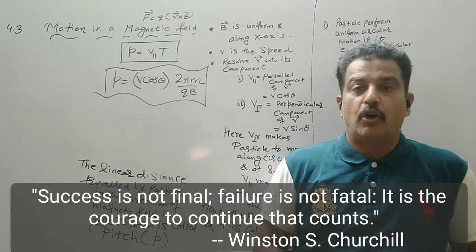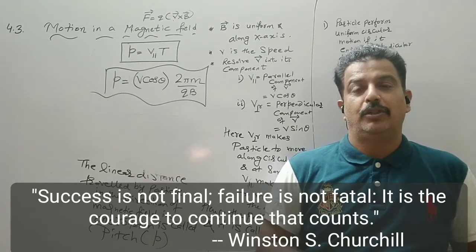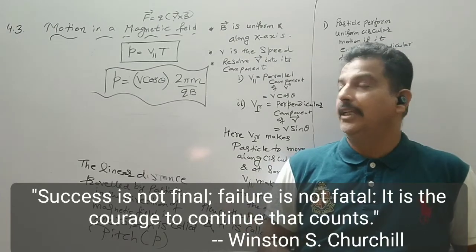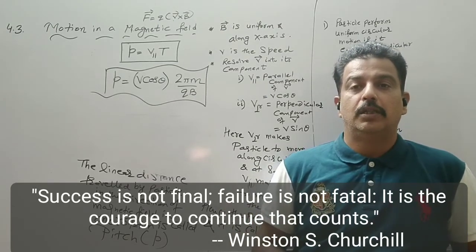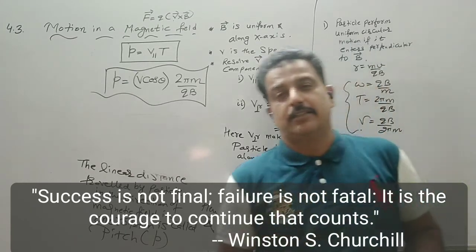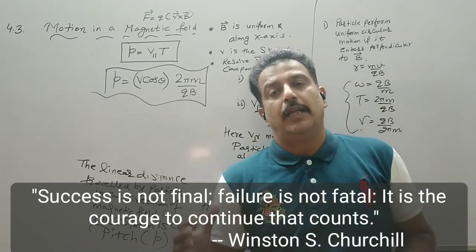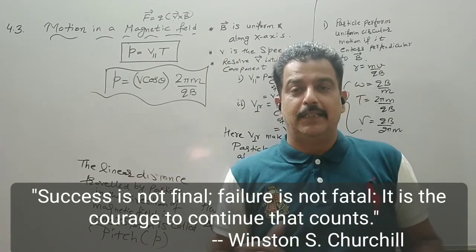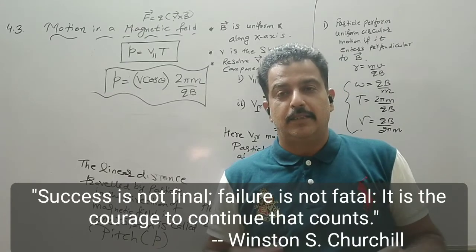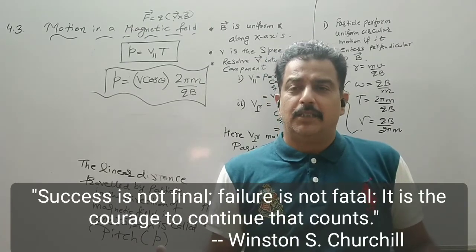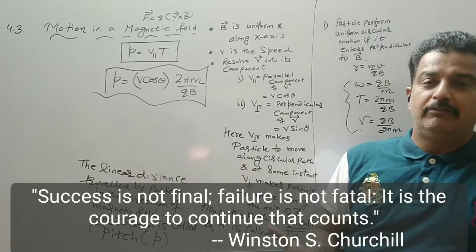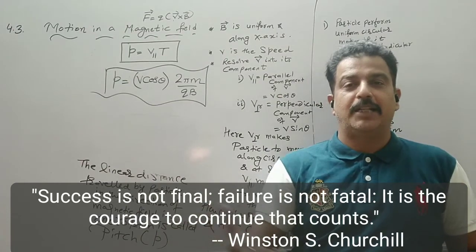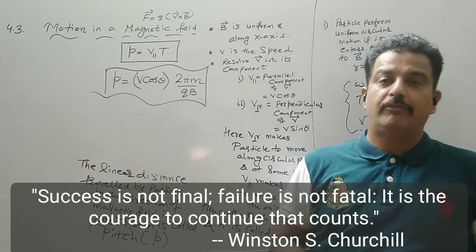We have discussed all the cases: when theta is 0, when theta is 180, when theta is 90, and when theta has any value. So this is how, whenever a charged particle enters a magnetic field, it will have a different trajectory. If the electric field is also present, then the resultant force is called the Lorentz force. And sometimes when we are not taking any electric field, we assume that the electric field is 0, then the magnetic force we refer to sometimes in our lecture as the Lorentz force.